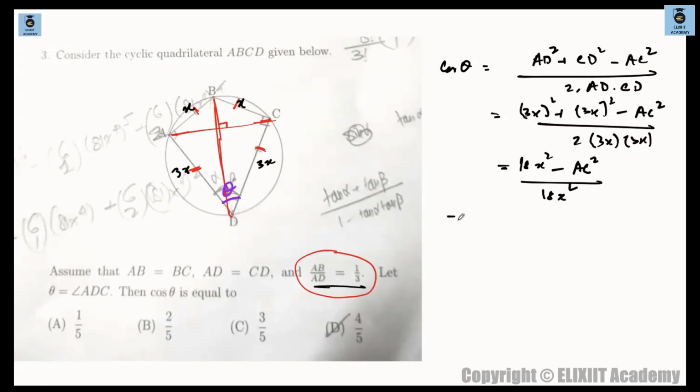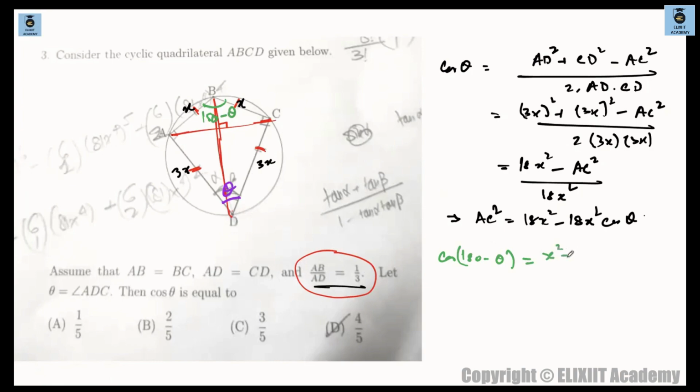Fine. So after simplifications, we can write AC square as 18x square minus 18x square cos theta. Similarly, we can do the same thing for this triangle, because you see over here, this is a cyclic quadrilateral. If this is theta, then this will be 180 minus theta, right? So cos of 180 minus theta, similarly, will be